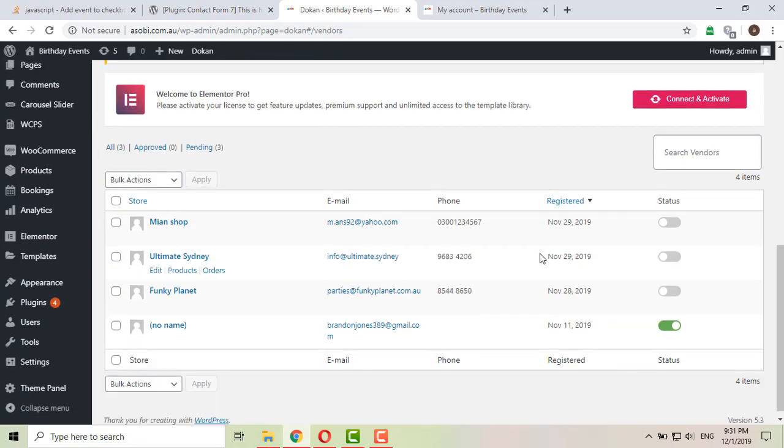Anyhow, yes, here it is. This is the vendor account that I had registered, not now, but as it is showing, on the 29th of November.